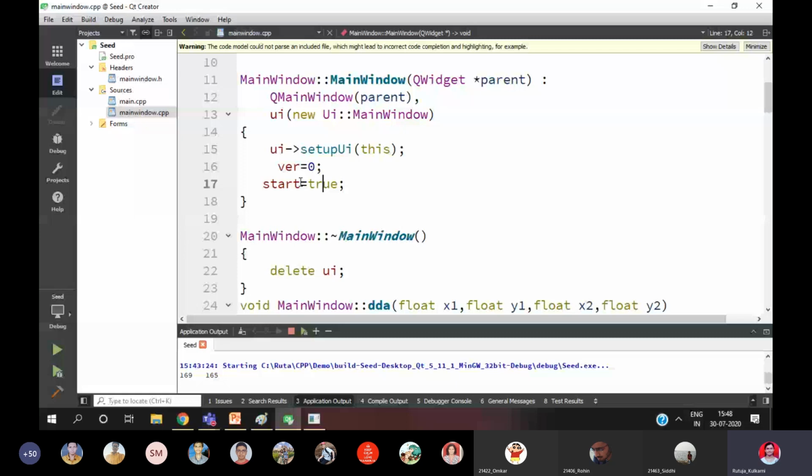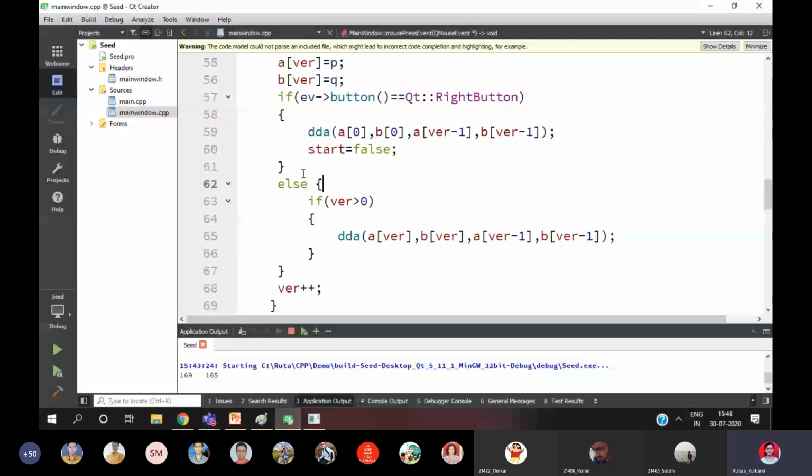It comes out of the if as well, and now increments the I value or VER value. Now it's 1. So after the next click, I will get the next point, A of 1, B of 1. Again this condition gets satisfied for the right button. It comes inside the if because VER is greater than 0.